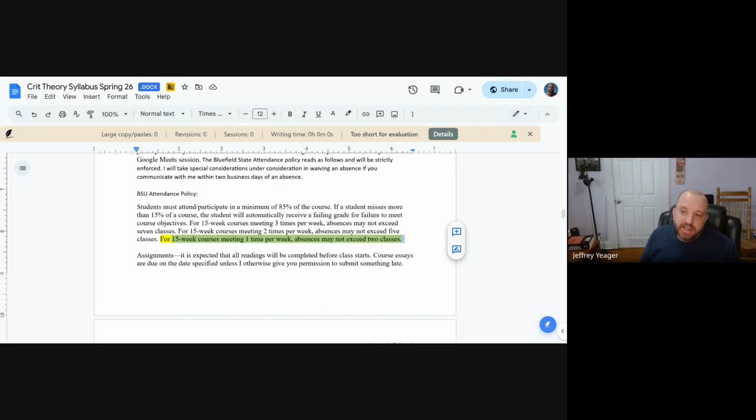And I'm going to be pretty stringent this semester as well on late work. So things are going to be due on the day that they are due. If they are not, I'm not going to take it. With the exception of if you ask me ahead of time, I might be forgiving. But I don't want to see people going on a 2 or 3 week long bender where you don't turn anything in and then expect to turn it all in all of a sudden. I'm not going to be very accommodating to that anymore.